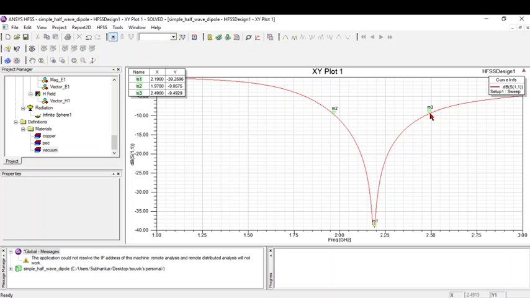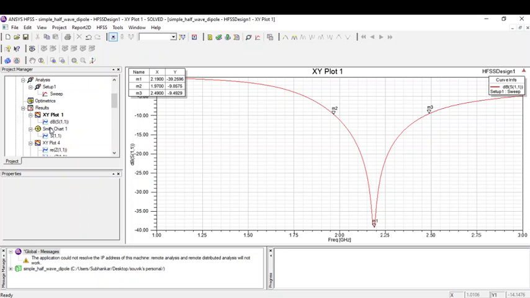Here let us take FH equal to the M3 value, 2.49, and the M2 value will be the FL value, which is 1.97. So (FH minus FL) by (FH plus FL) into 200 would be the fractional bandwidth. A normal bandwidth would be just FH minus FL. So from here,